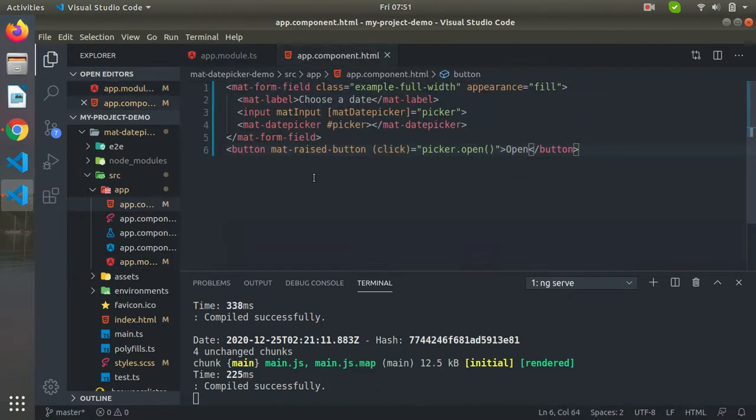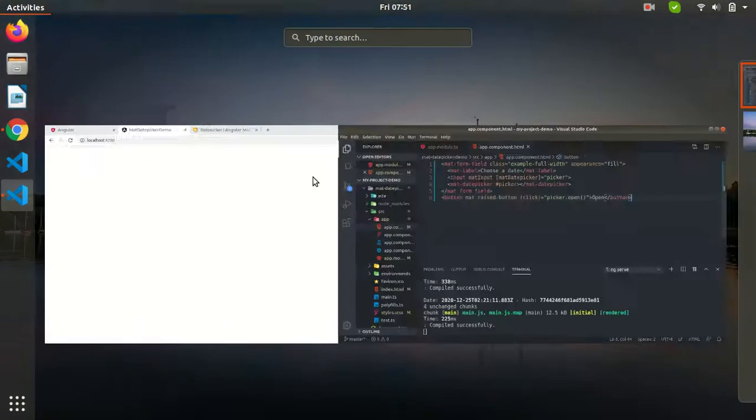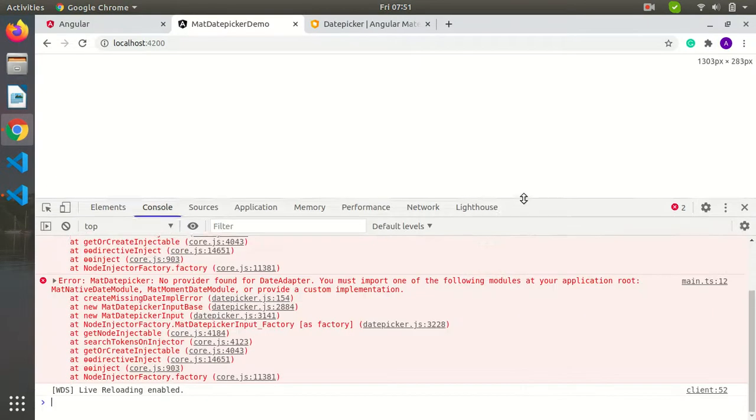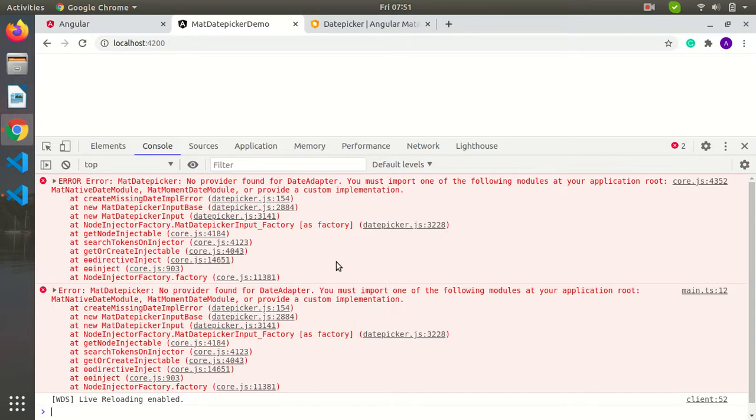Okay, so we are getting some errors, I think, because if you check the console, yes, we are getting errors that mat native date module provides a custom implementation.